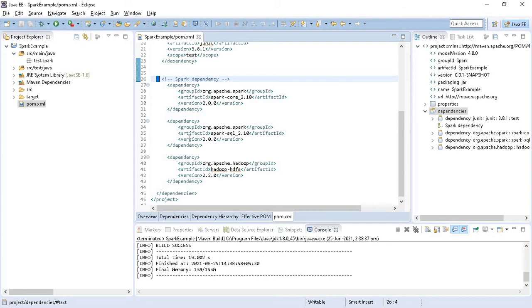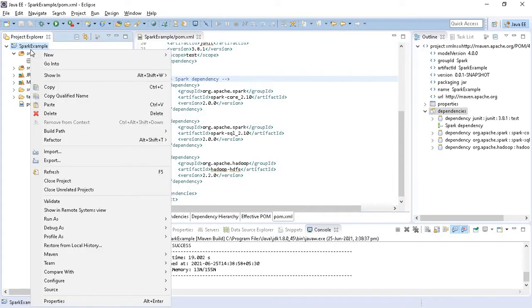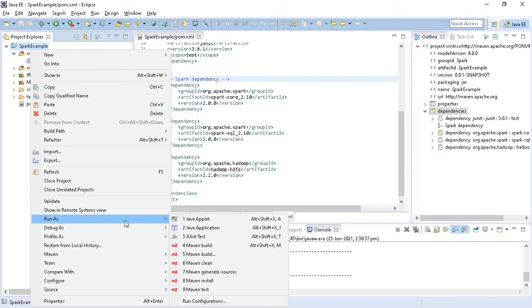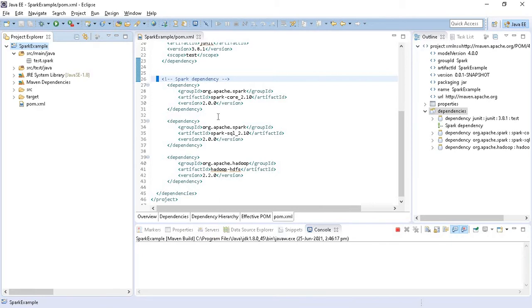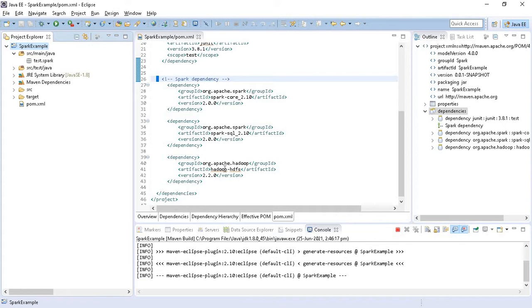Once the dependencies are available in the pom.xml, we are going to build this project. Once we build it, all the required dependencies are going to be downloaded from the internet. So for this activity we also require an internet connection on our laptop.